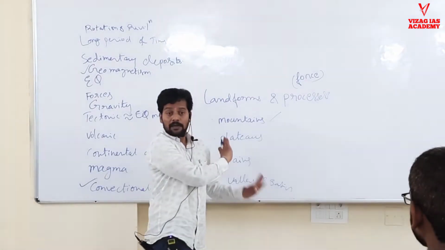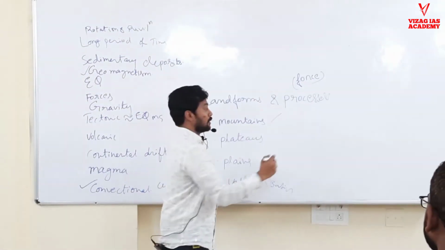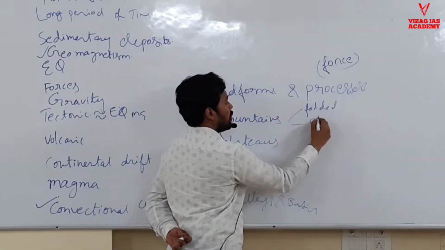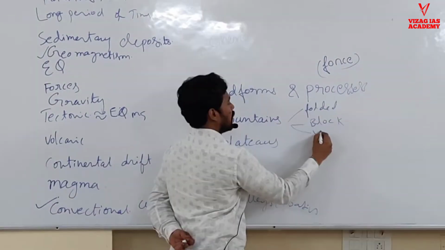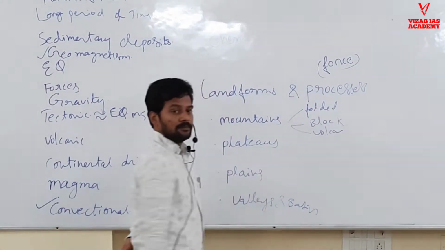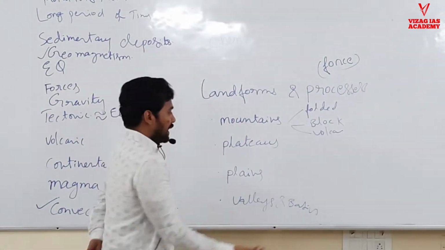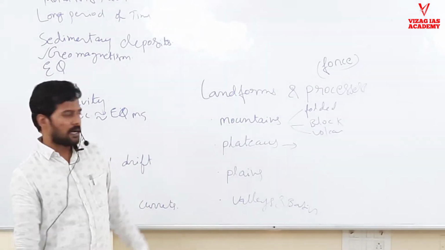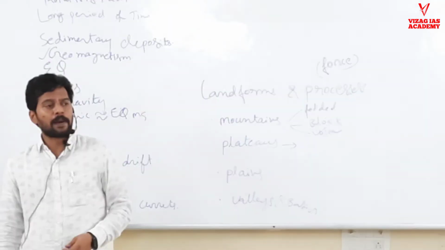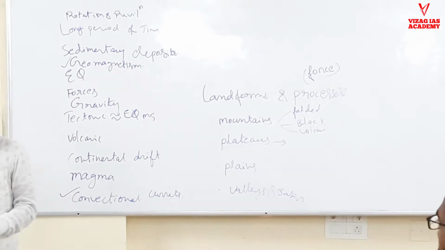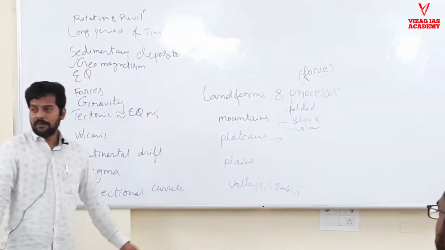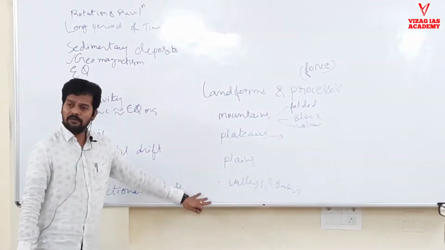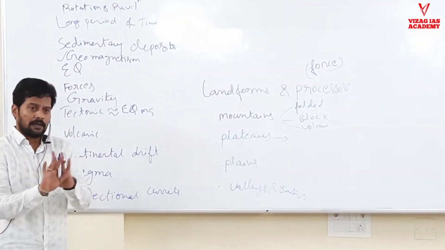Folded mountains, just for your understanding, words I am introducing. Okay, folded mountains, block mountains, see, you know everything. Volcanic. Okay, plateaus, different plateaus will be there, intermountain and everything. Don't worry, just take it as a plateau. Plains, erosional plains, depositional plains will be there. Valleys, rift valleys will be there, normal valleys will be there. Okay, these are all the landforms we will study at the end of the day on the earth.